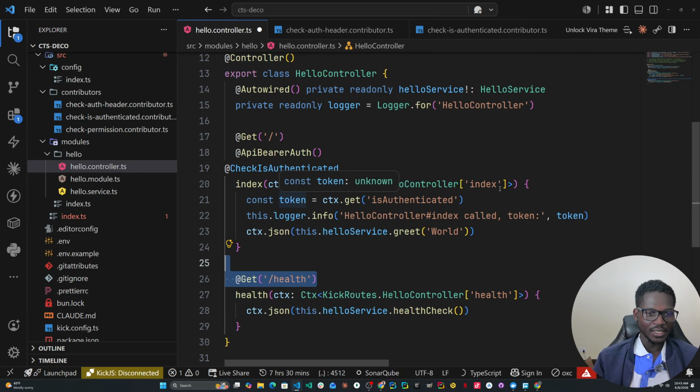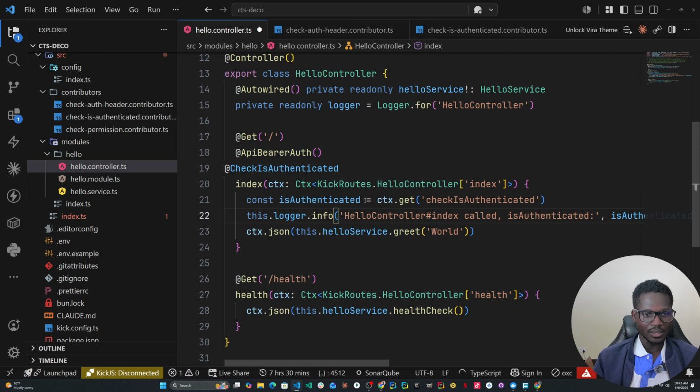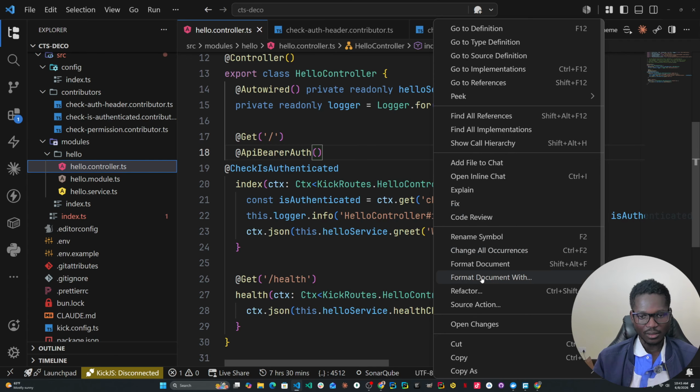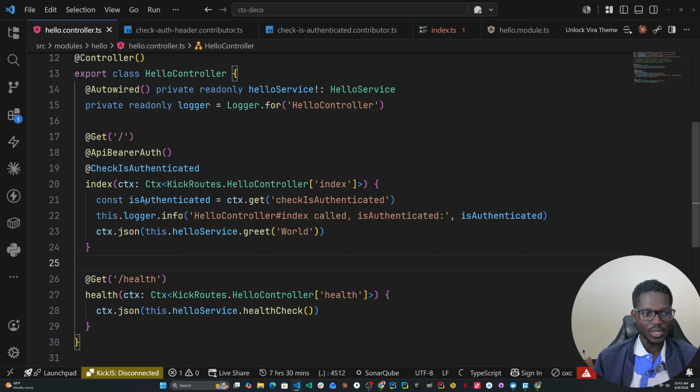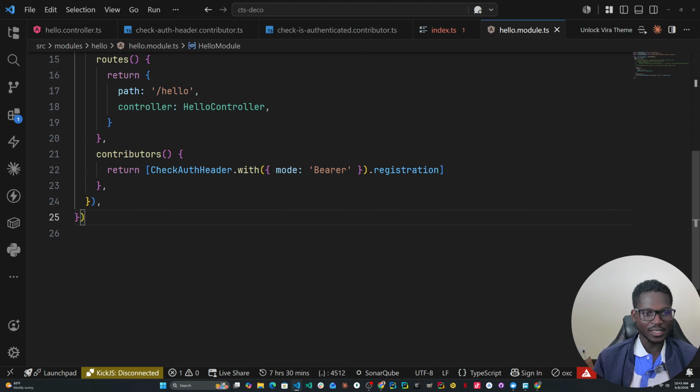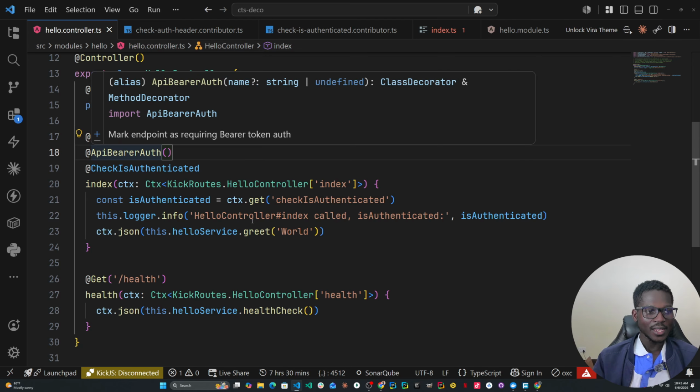So now if you see I'm getting is authenticated from check is authenticated, this should tell me whether I am authenticated. All right. So remember, the module registers this and we're getting it via bearer, and our controller, the controller